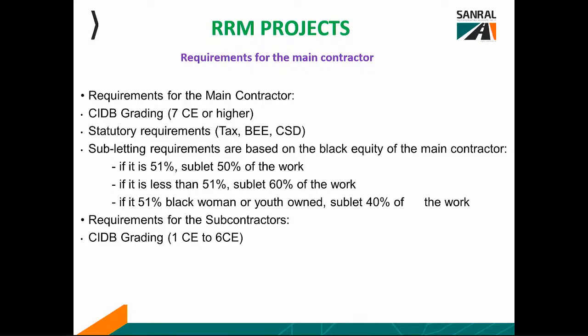7 CE in terms of CIDP. They needed to comply with all the statutory requirements, have their tax, BEE, CSD, be a properly registered company. And then one of the requirements, we looked at their black ownership, so that when it comes to subcontracting, then we'll have those 3 scenarios that